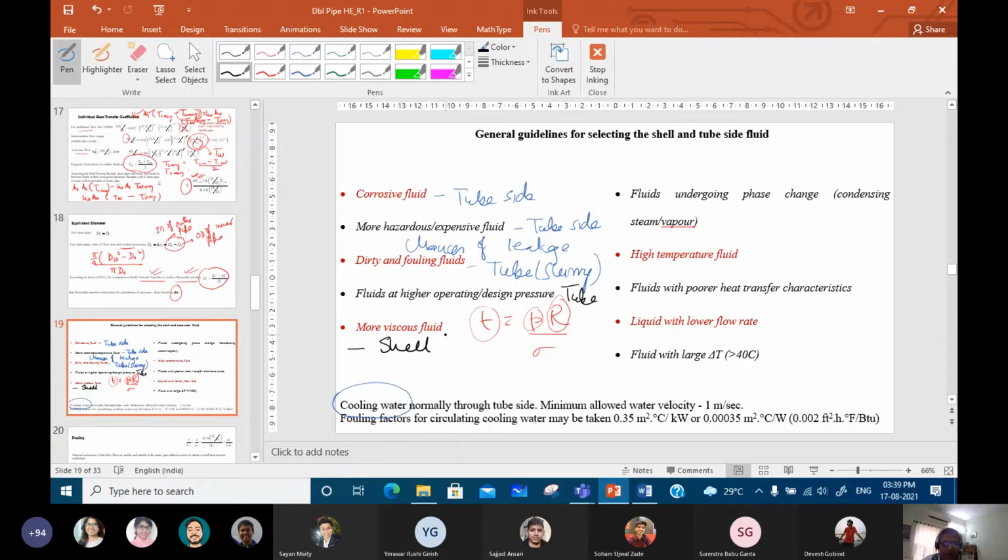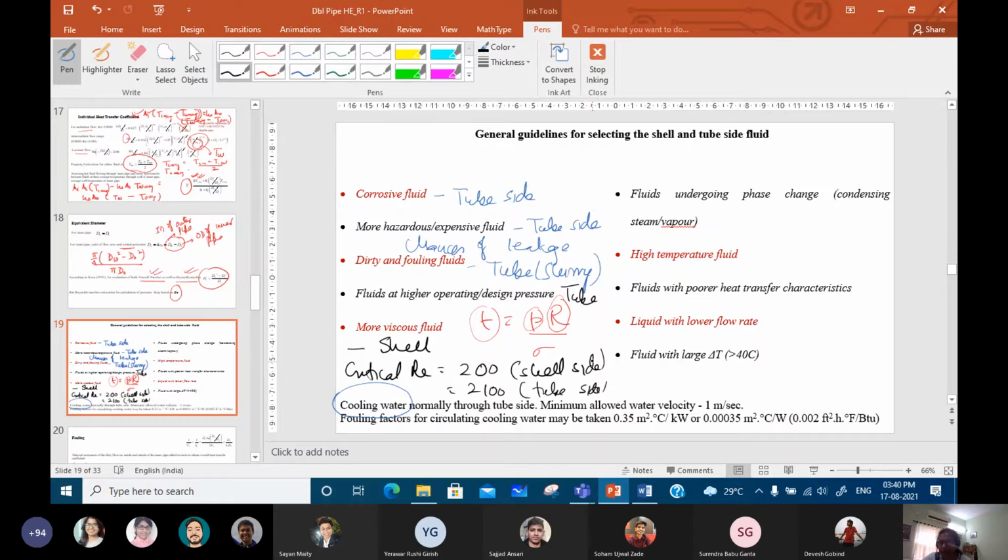Normally we say in a shell and tube exchanger the critical Reynolds number is equal to 200 in the shell side. Okay, so therefore at a much lower Reynolds number we can attain turbulent flow on the shell side. While in the tube side, the critical Reynolds number is 2100, as all of you know. So if you have a more viscous fluid, the Reynolds number will be lower. And therefore, the chances of getting turbulent flow and increasing the heat transfer will be more if the fluid is introduced in the shell side.